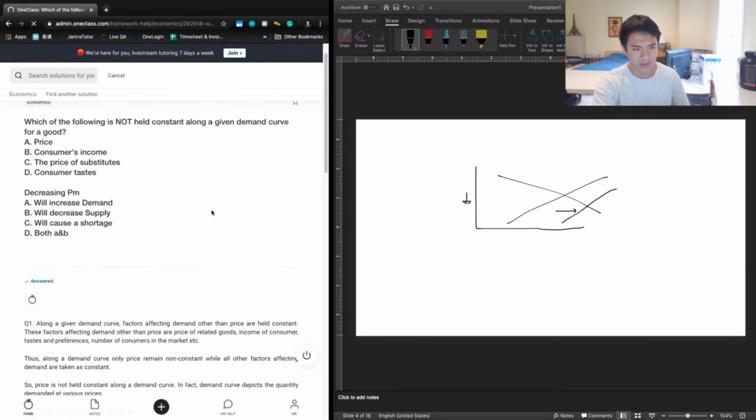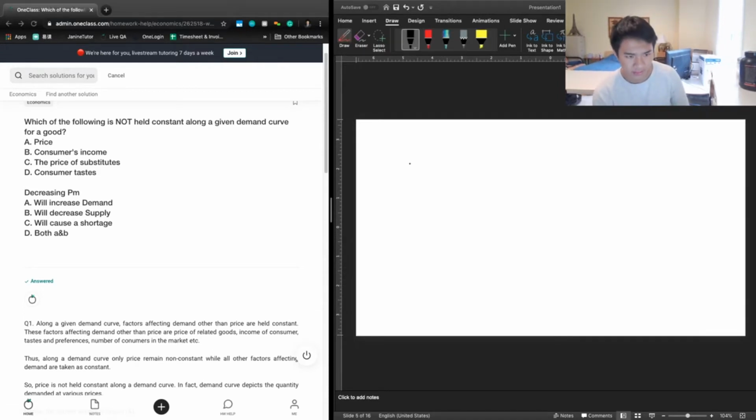So the next question says, which of the following is not held constant along a given demand curve for a good? A, price, B, consumer income, C, the price of substitutes, or D, consumer tastes. And so